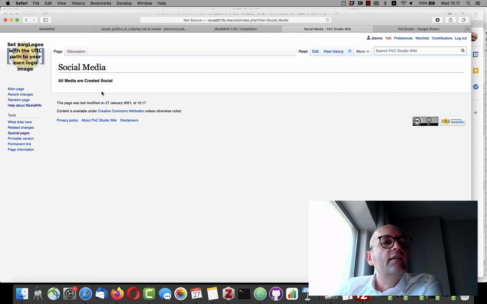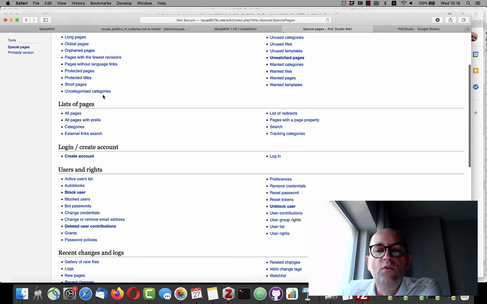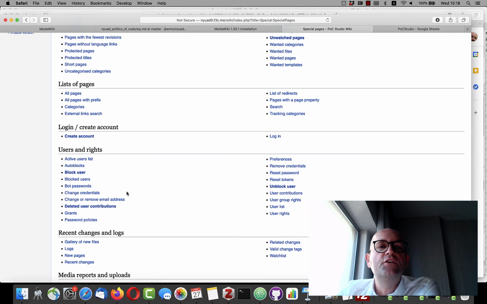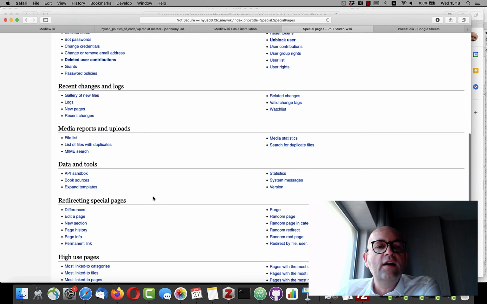I just created a page because the interesting thing in working with wikis is going to the special pages tab, where you have all kinds of maintenance tools at hand that show you, for example, pages that have just been newly added and so on. You can manage the user's rights, create and delete accounts, and get all kinds of statistics.